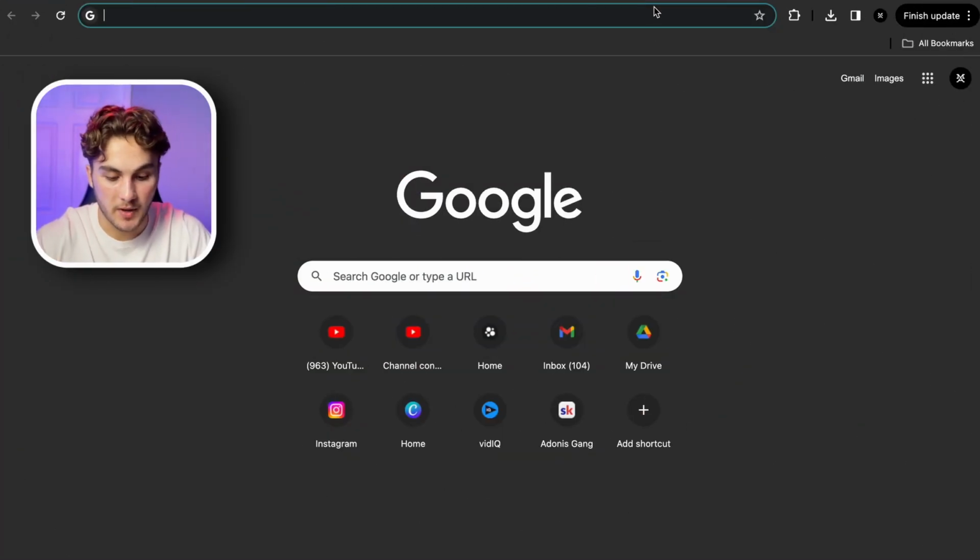Now that I know what character I'm going to use, what I need to do is come over to my laptop or just go to Google, and try and find some images of my character that I can then use in my video. So as I'm going to be using this character's voice, I obviously want to have pictures of this character to make it seem like they're the host or whatever it may be. So I'm just going to come over to Google on my laptop and literally search up